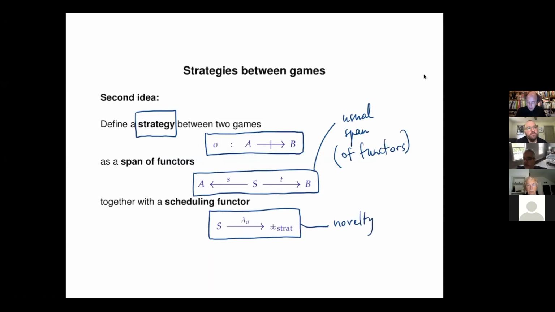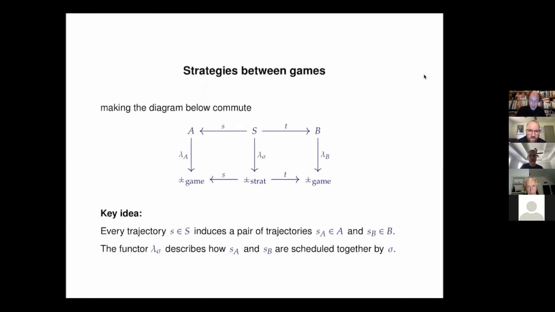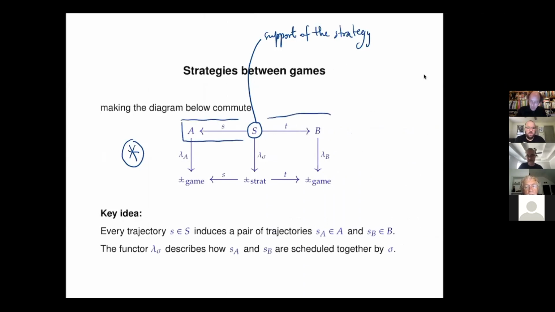That we have some kind of scheduling functor that describes how the strategies will play on A and B. Okay, I will show you. And the important thing is this diagram, which says that, if I'm given S, it is called the support of the strategy. Now, if I take the support and I look at the span here, which projects, so really the idea is that a position in S, an object of S, will be mapped into a position of A and a position of B,